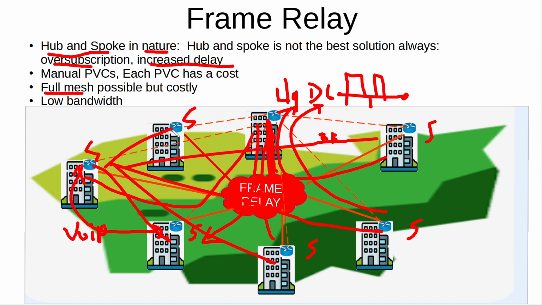It was possible to have this with frame relay, but it meant spending more money because you would have to set up a lot of PVCs. The carrier will have to set up PVCs between your POPs where you're getting connected, and each PVC had a cost. So in summary, frame relay was good to connect your wide area network, but it was not full mesh and it was expensive.